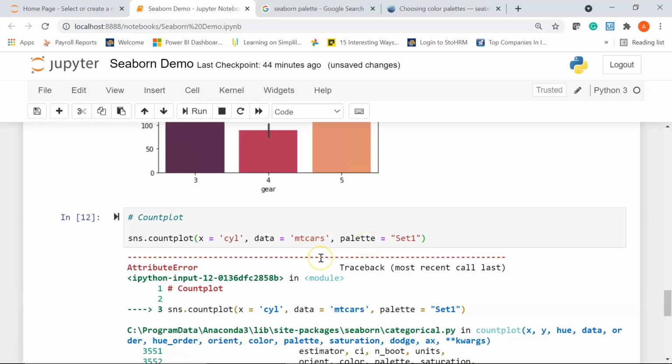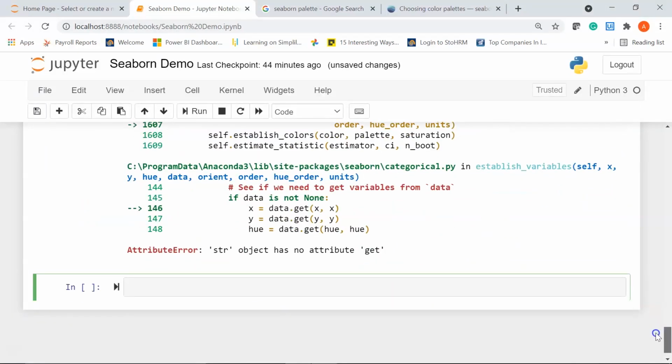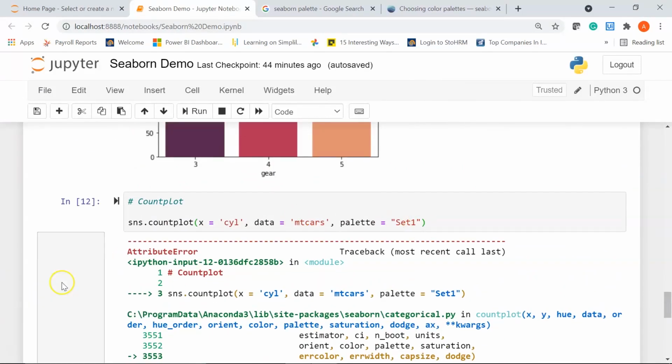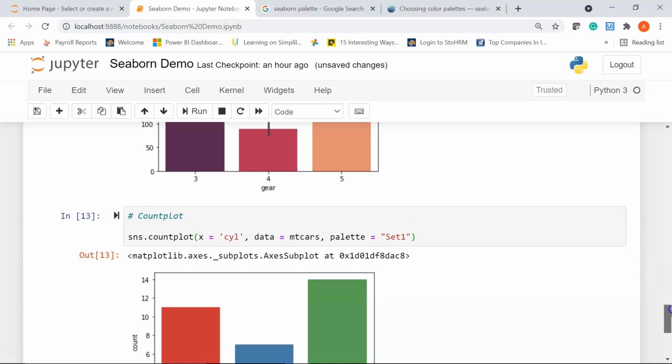Okay, there is some error. Let's debug the error. It says str object has no attribute get. Okay, so this should be without the single quotes. Make sure the data frame name is without the single quotes. Let's run it again. There you go.